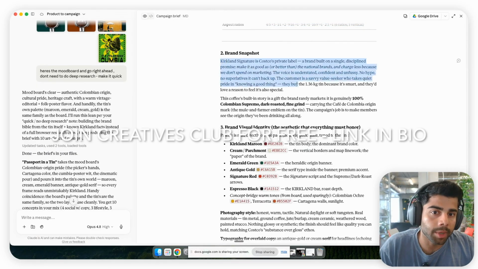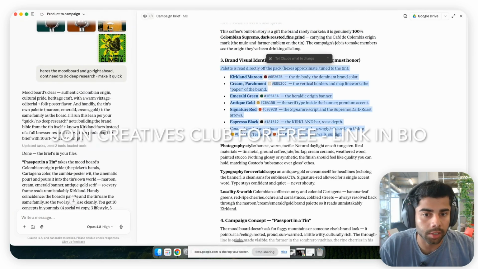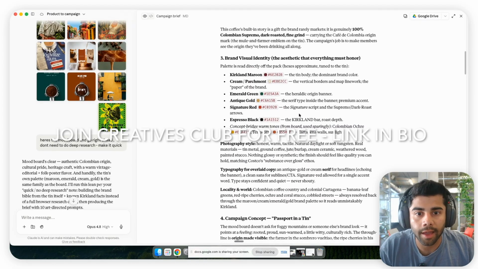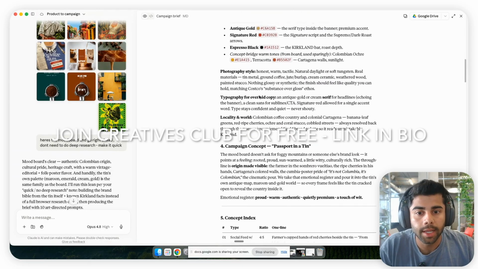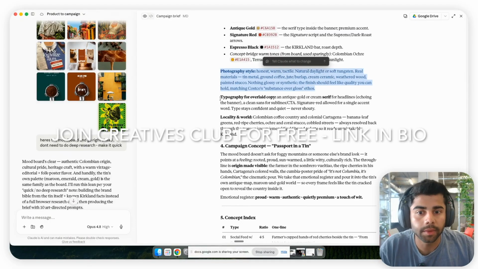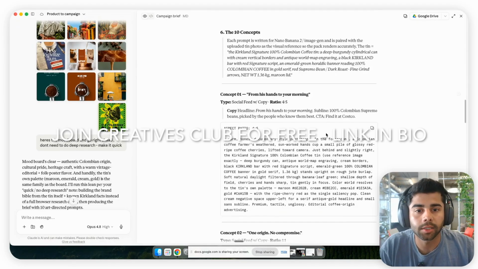And it learned about the brand, and it then also kind of fetched and learned about the colors that we gave it from the mood board and also the brand, so that it can have a visual identity for the brand. And then it also created a photography style, the typography, what is it that we want to write, so that it's all on brand. And so let's see these